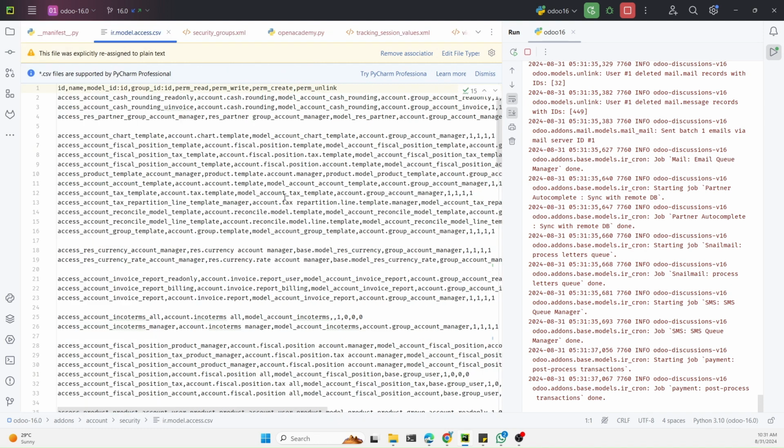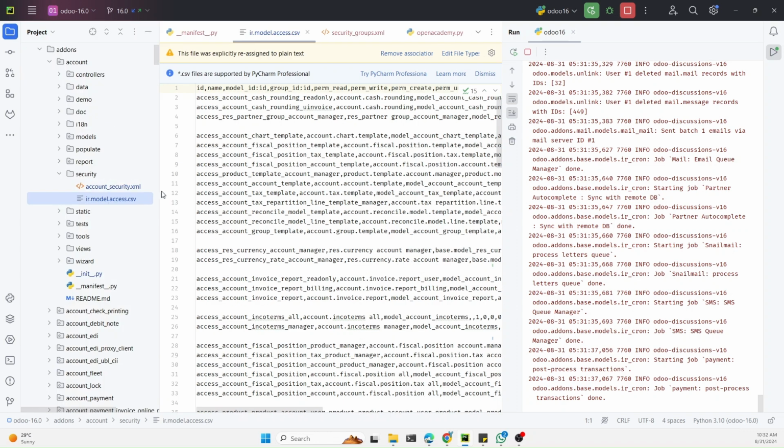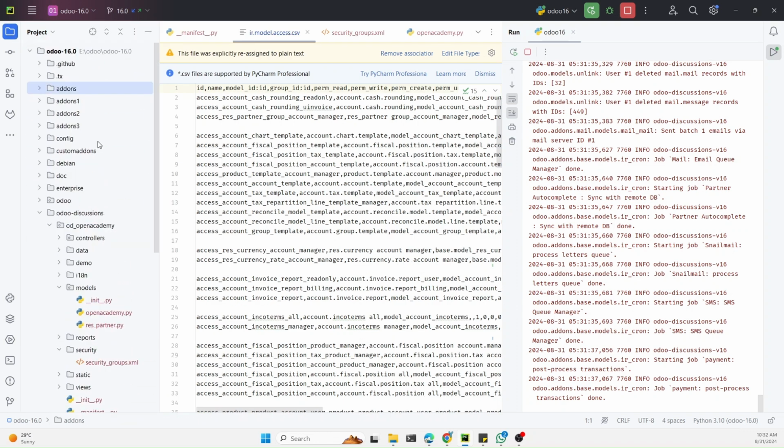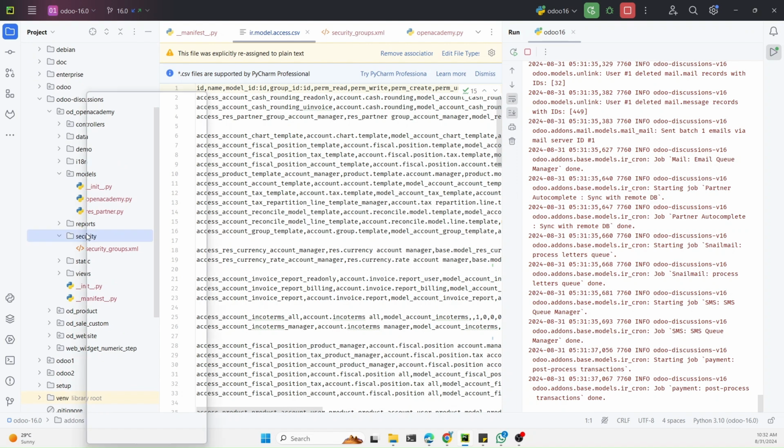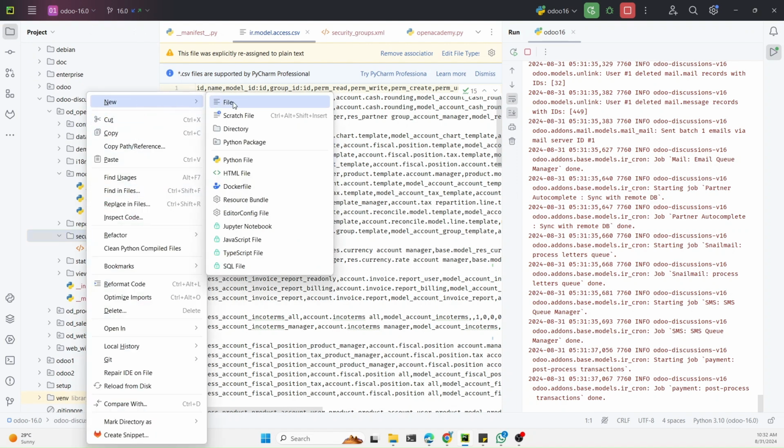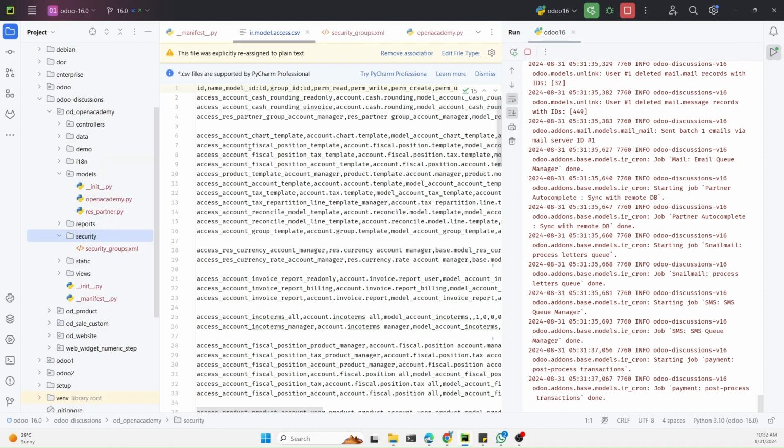So here the security control list is defined for all the models that has been added through this module, and another way is to add it through the XML file. So I will add it through the XML file in order to better explain how it is working. So we will add a file with the name, we can say like